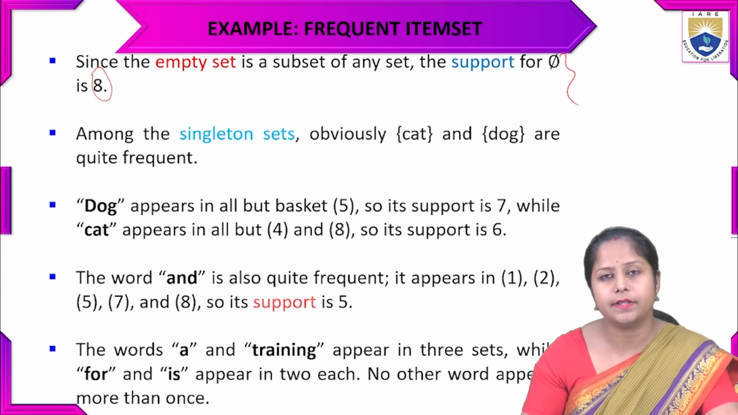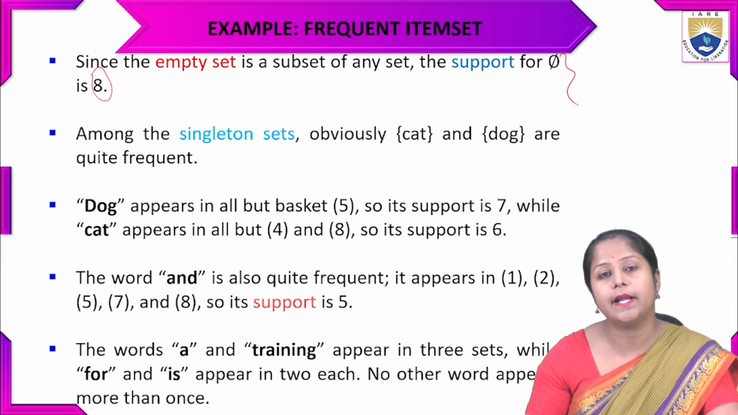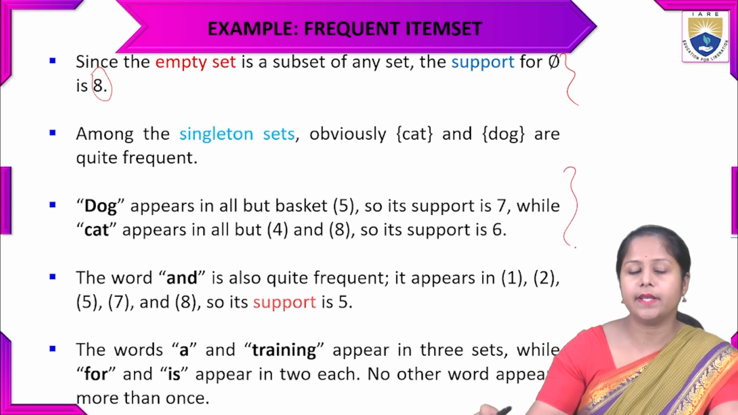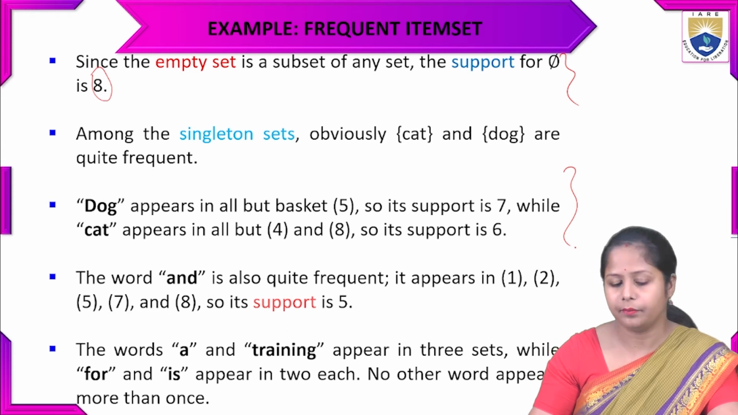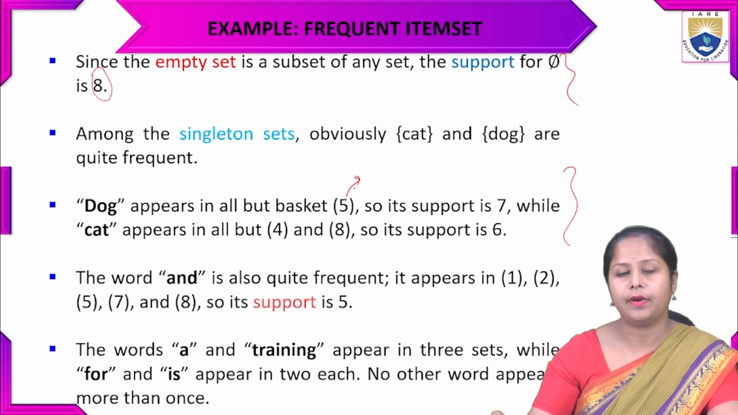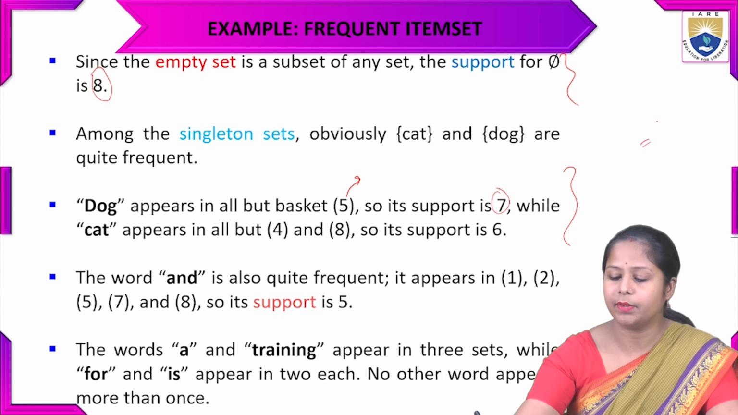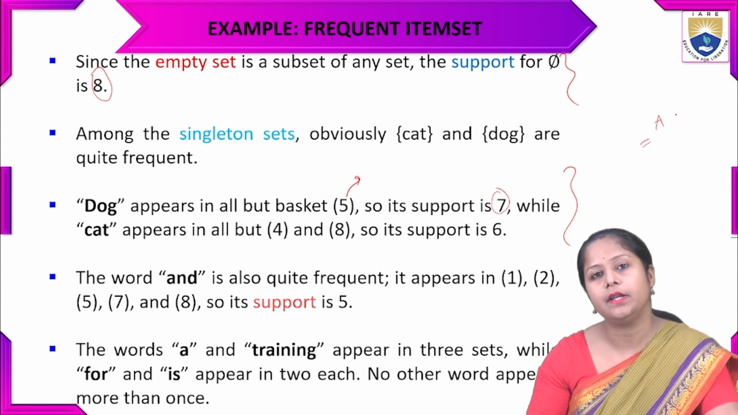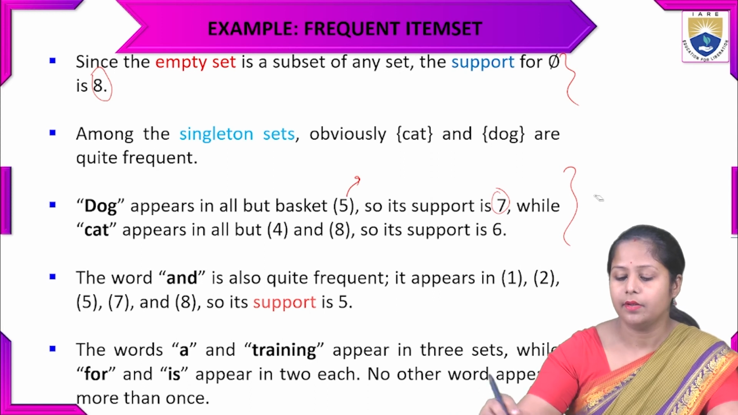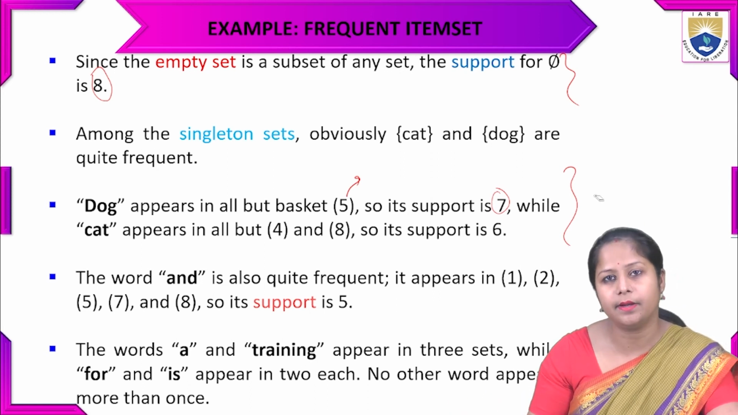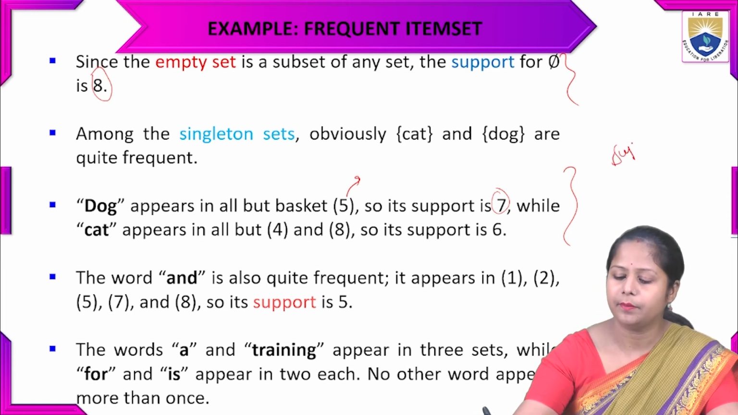So among the single words that are matching, the cat and dog are matching frequently in the other baskets. So dog is appearing in the baskets 5 times, but its support will be 7. We have to check whether the minimum support is there or not. So the support will be 7. How does it come? The dog is occurring 5 times, but the support count